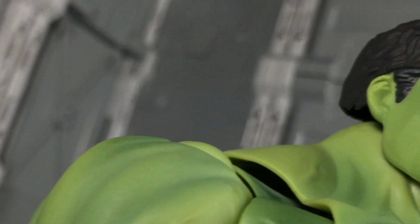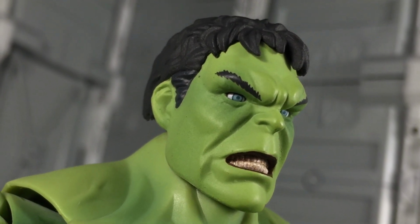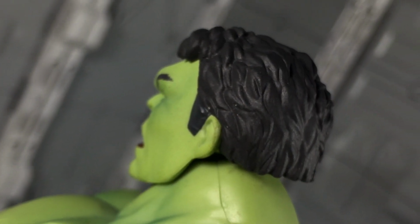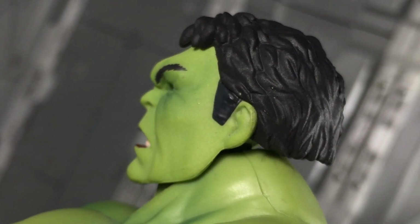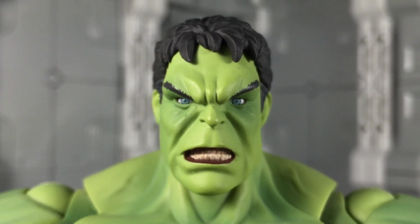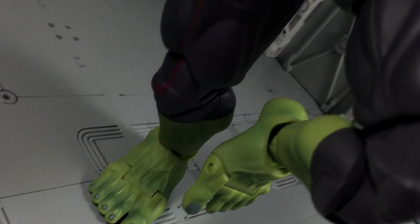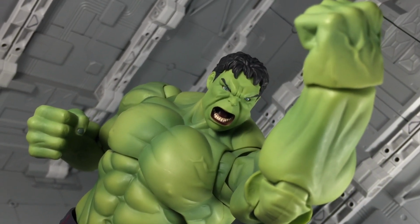The Hulk's head sculpt is the sole flaw in terms of presentation. The quality is good, with the well-defined features and clean paintwork, but the face doesn't quite resemble the live-action Mark Ruffalo Hulk, instead opting for something a little more anime-inspired. In fact, from some angles, the figure vaguely resembles Street Fighter IV's Ryu. Furthermore, the secondary screaming face kinda gives off a Dragon Punch vibe more so than an angry temper. To be honest, I don't find it that big of an issue, still it is a disappointment from a purist's